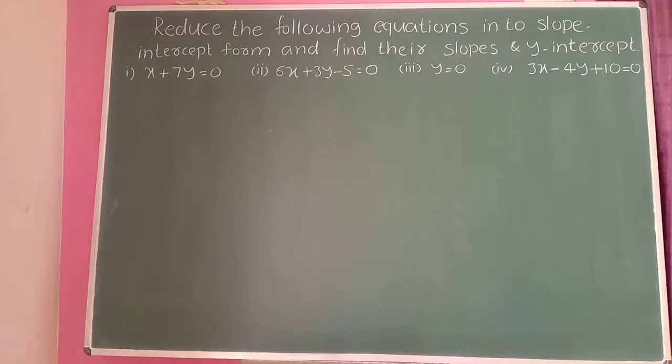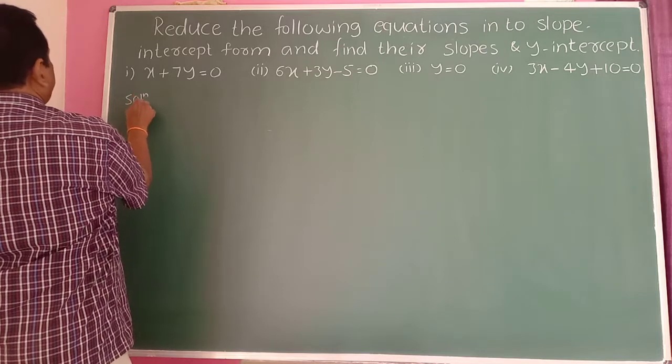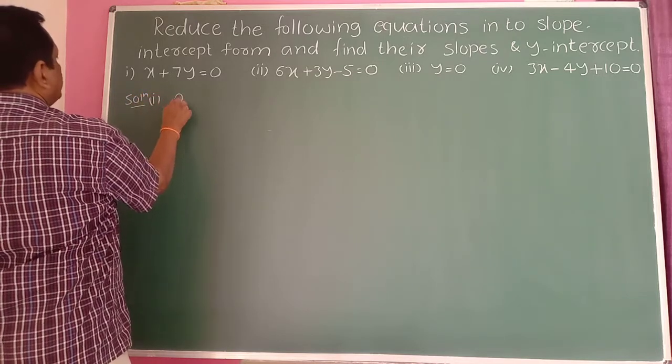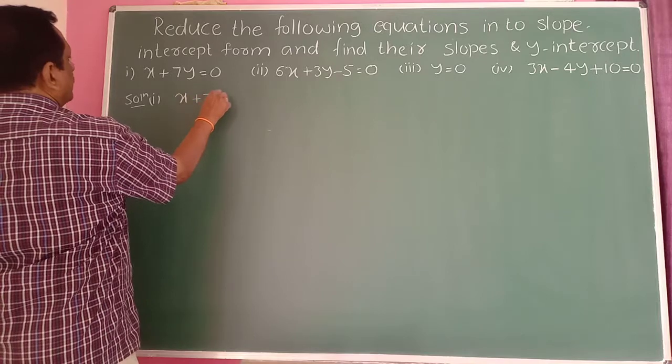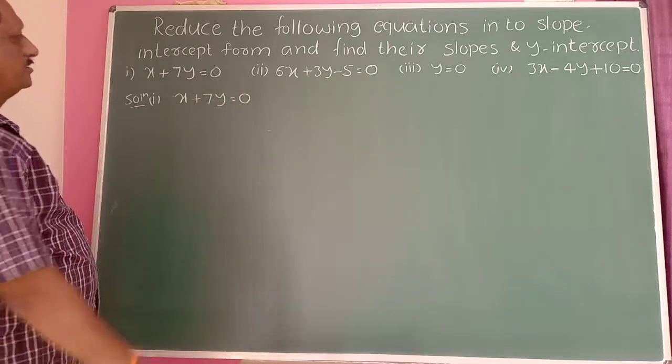So reduce the following equations into slope-intercept form and find their slopes and y-intercepts. First example here: x plus 7y is equal to 0. So reduce the equation into